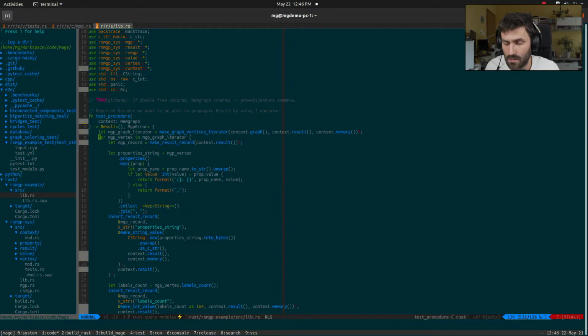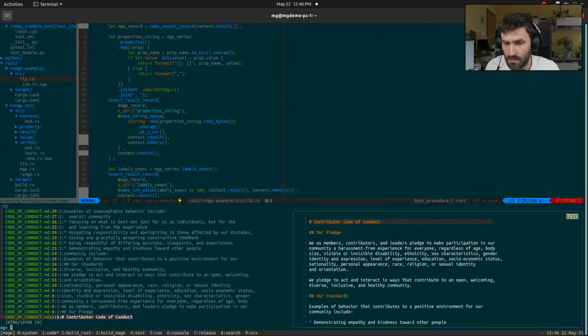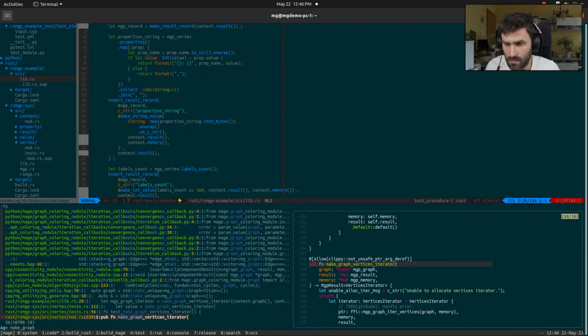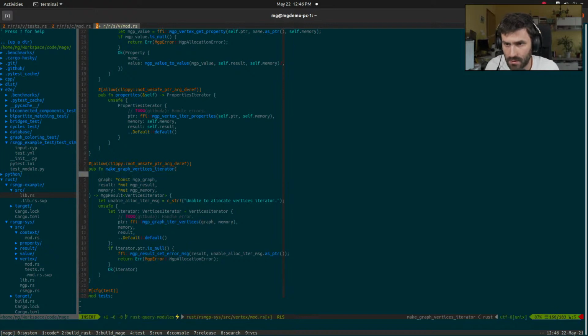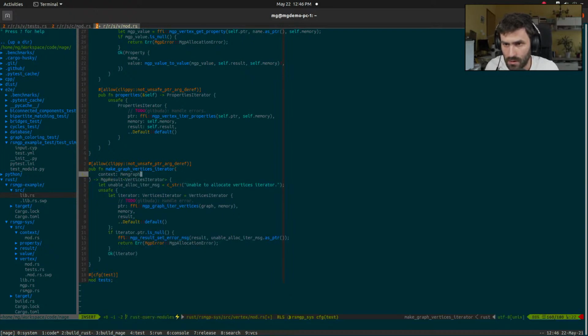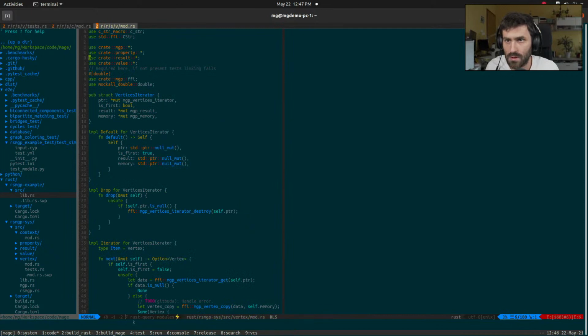Make graph vertices iterator, and now instead of passing all these three objects, I'll just pass context. Okay, and then we don't need this anymore. The problem is we don't know that Memgraph is here, so we need